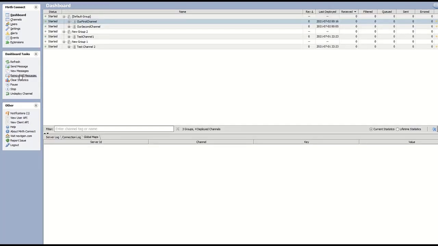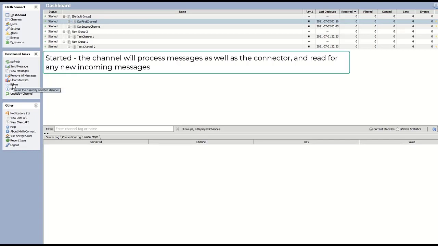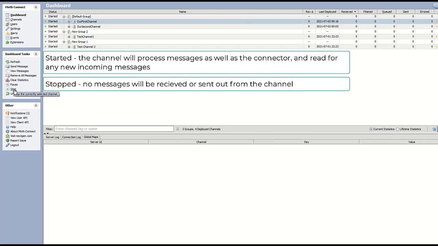Go back to dashboard. Now in the dashboard table, we can also pause, start, and stop messages. So the started status allows the channel to process messages as well as the connector to read for any new incoming messages. And the stop doesn't allow the channel to process messages or read for any new messages. So let's stop our first channel. So you can see that it's stopped. And you can see that we don't have pause or start anymore. So you need to start a channel in order to pause it. So let's start this channel back up,